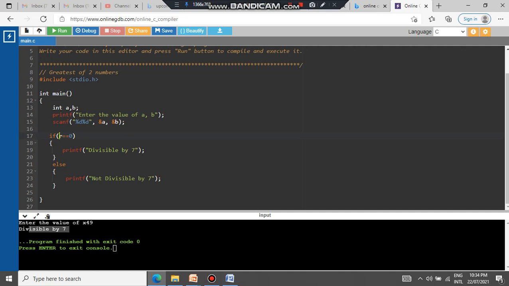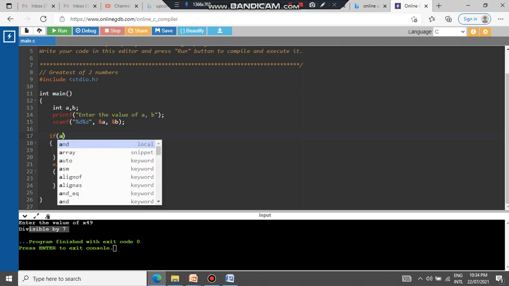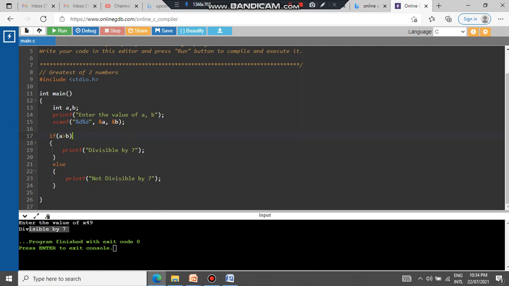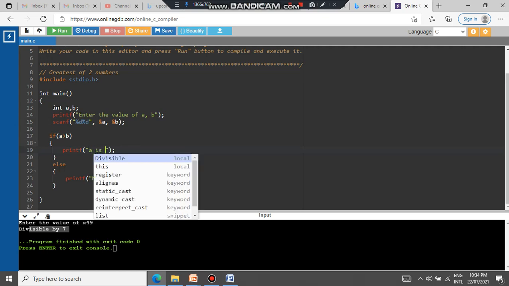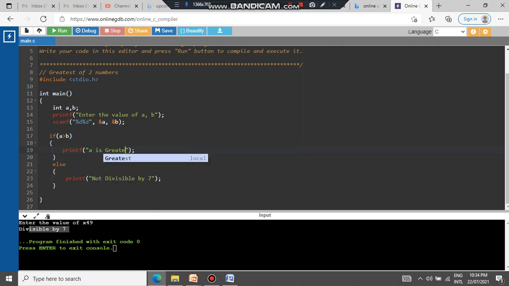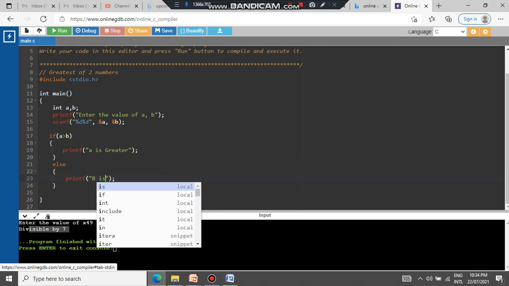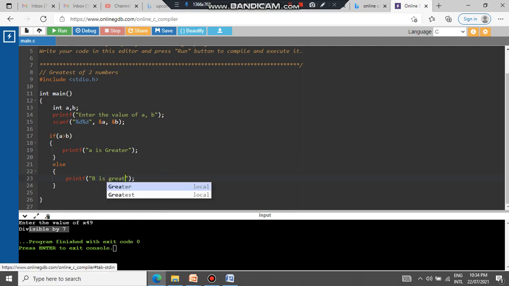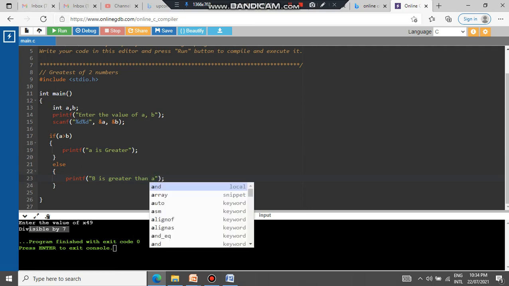So if a is greater than b, what we are going to print in the printf is "a is greater". And if the above condition is not true, in that case we are going to write here that "b is greater than a". And if we run it,